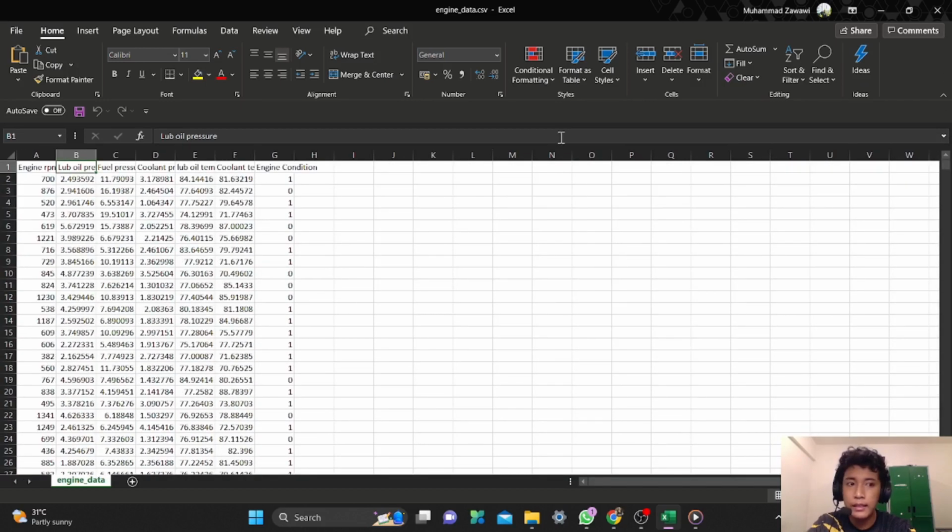As we can see, there are 7 columns in this dataset, in which the last will be the output of the dataset, which is the engine condition. Okay, so there are 6 factors to define the engine condition here. First is the engine RPM. The normal engine RPM is from 700s to 1000s. If it is below 700s, it means that the RPM is too low, which may cause engine failure.